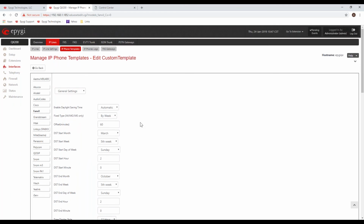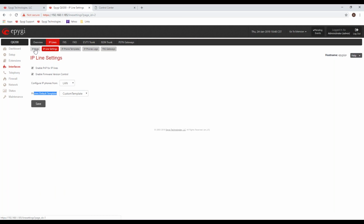Okay, so once you've created this template, you can go to the IP line settings and use that as the new custom IP phone template. Okay, and then if you go to the IP lines, you notice that those phones are using that because it's the default. It's a custom template name